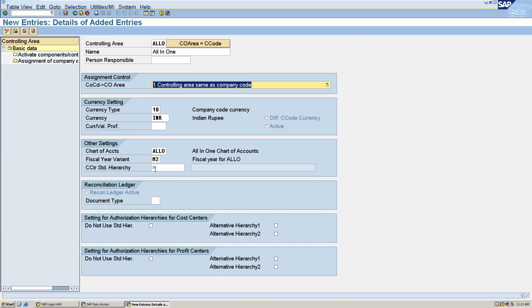And I have to maintain a cost center standard hierarchy. So I'm maintaining it with the company code, ALLO underscore CCTR. Now save this.